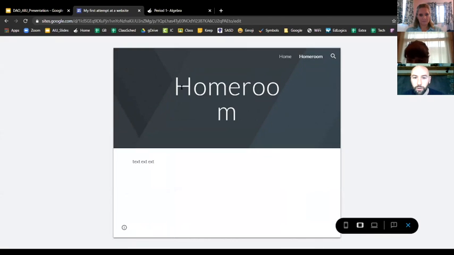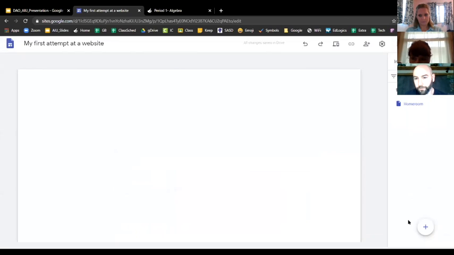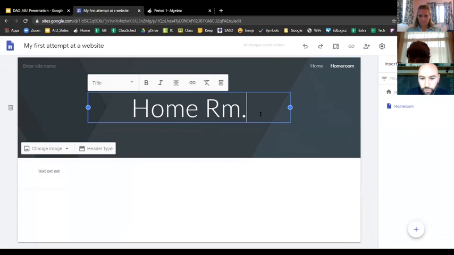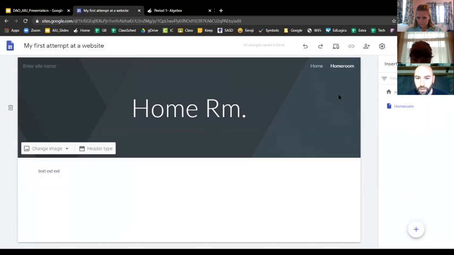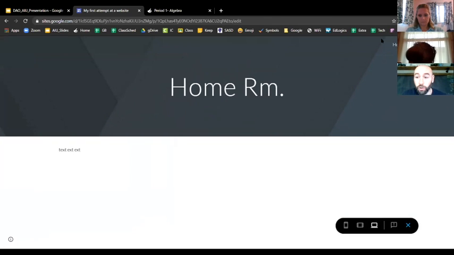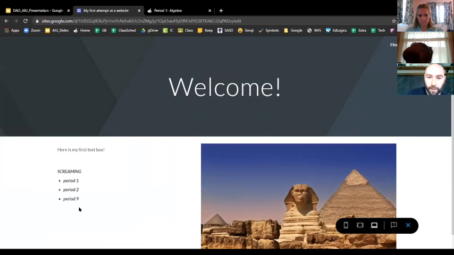And maybe I don't really like the look of that homeroom on tablet mode. So if I don't like how a preview is showing me something, I can always exit the preview and come back, and maybe I just call this home room like that, and I make a little change, and my changes have been saved. And then when I preview again, okay, now I see that on an iPad, this doesn't show up in a weird way. You don't have to do this, but I just want to show you an example of how you can see something in the preview and then go back and change it because you don't like the way it appeared. Let's say I've previewed my whole website and I look at it, everything looks fine, everything looks good,